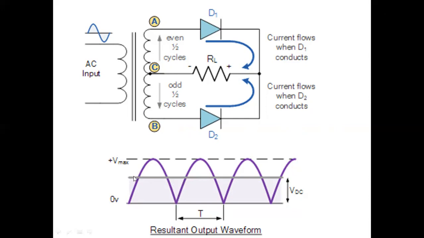Next, with respect to the DC, this is nothing but the DC magnitude, or average. This is the output we are getting. After filtering, all the ripples are eliminated. Therefore, a nearly pure DC can be observed. That is nothing but the VDC. This is a completely DC output voltage from the center tap transformer. This is nothing but the full wave center tap rectifier.